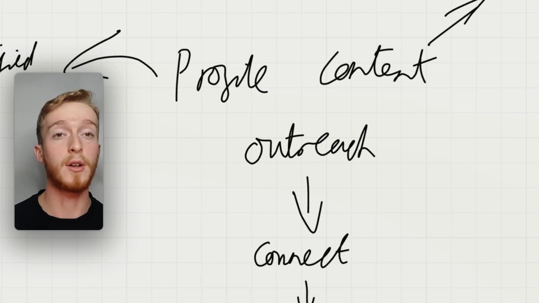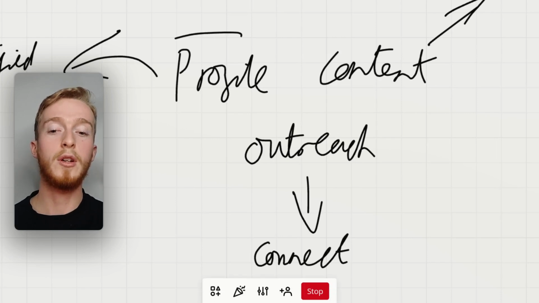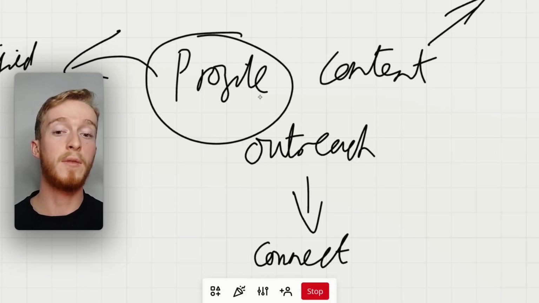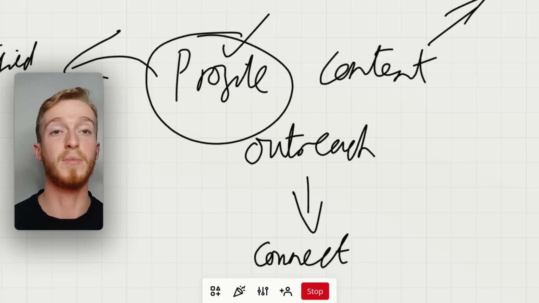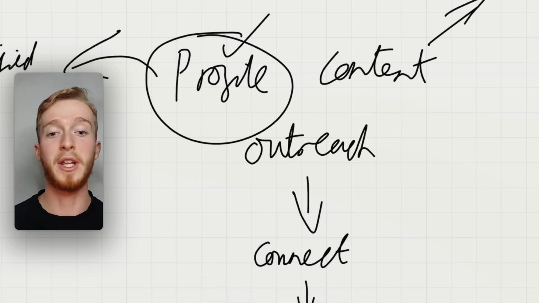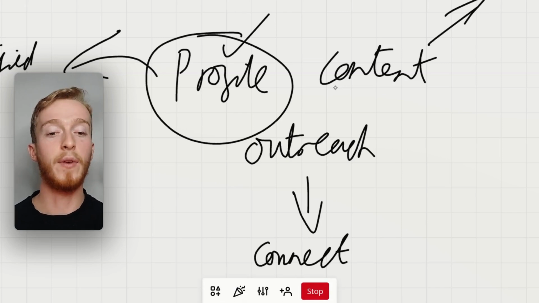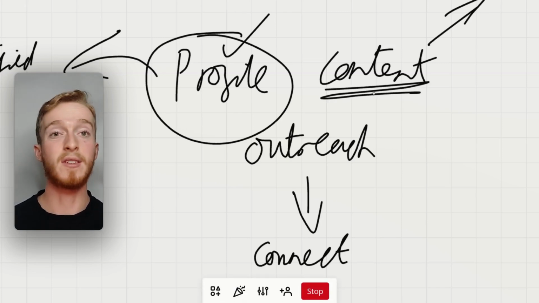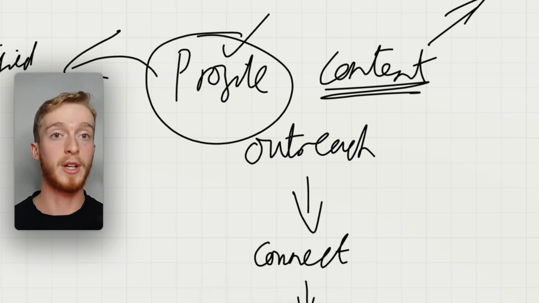If I was aiming to close a new client every month with a coach, these are the three areas I'd focus on. Because honestly speaking, once you've done the profile and optimized it, that's done, right? You don't need to worry about the profile. You don't need to touch it. I haven't touched my profile, at the time of recording, for months now, right? And all I then have to focus on is content, which I basically batch, create, and record at the time of the video,